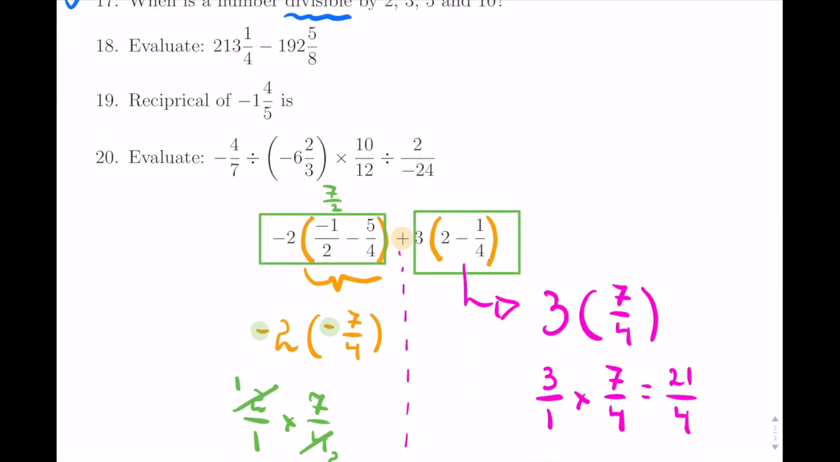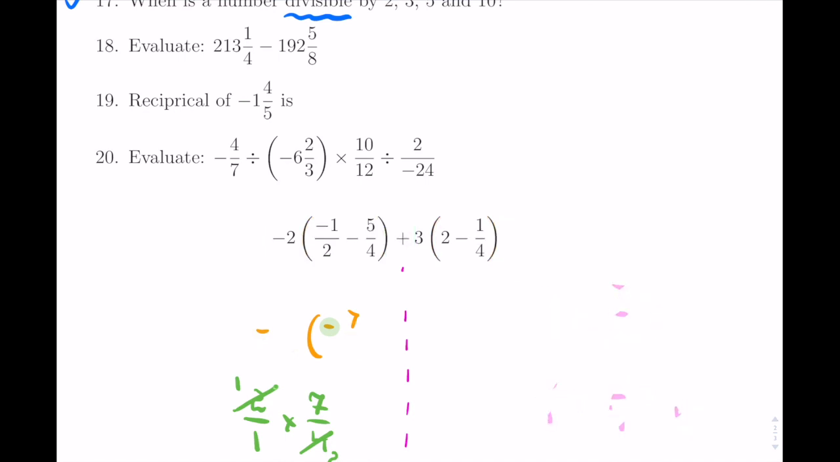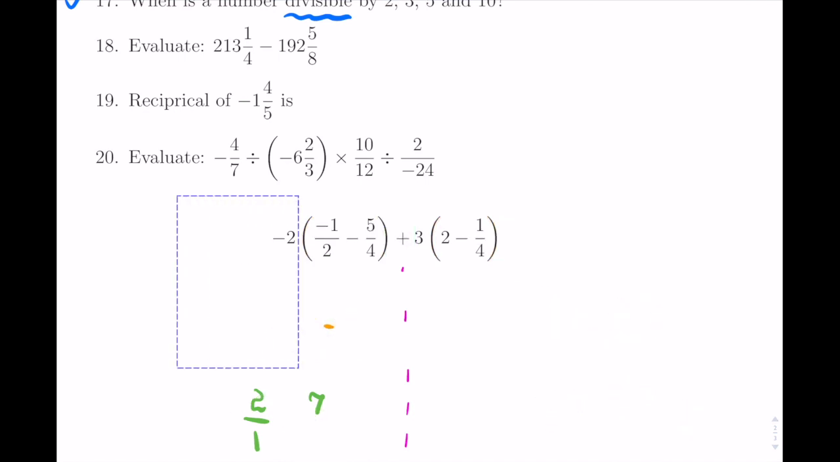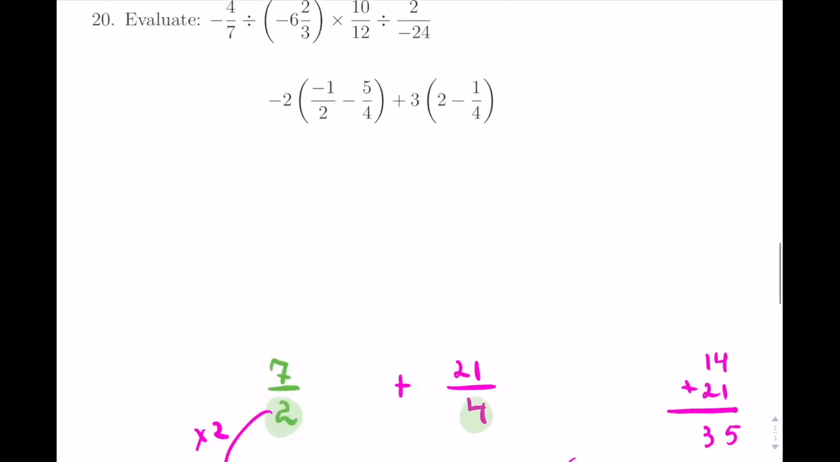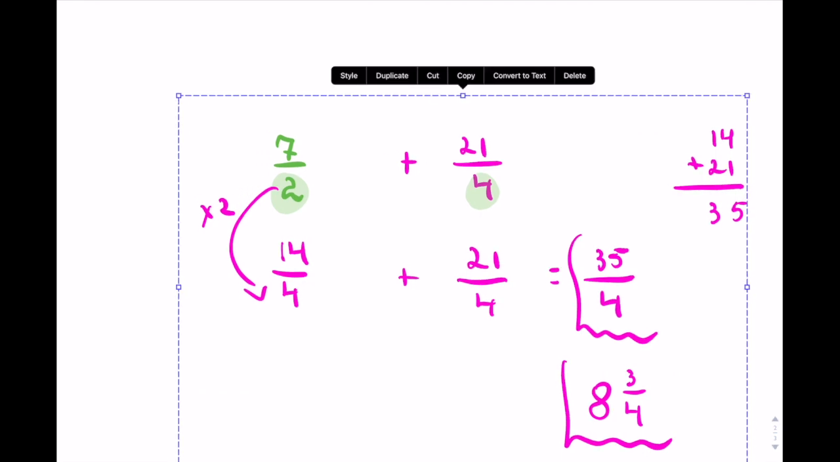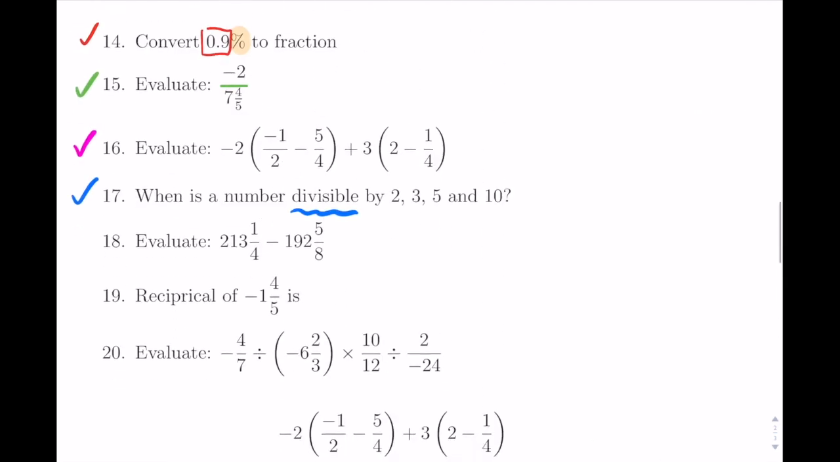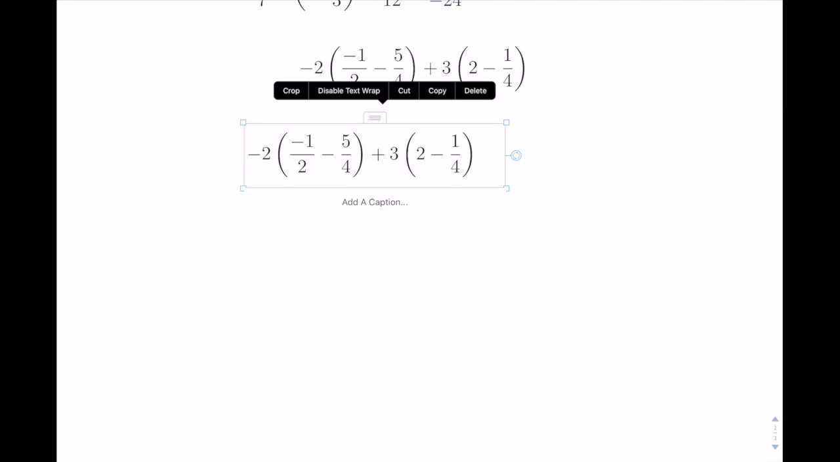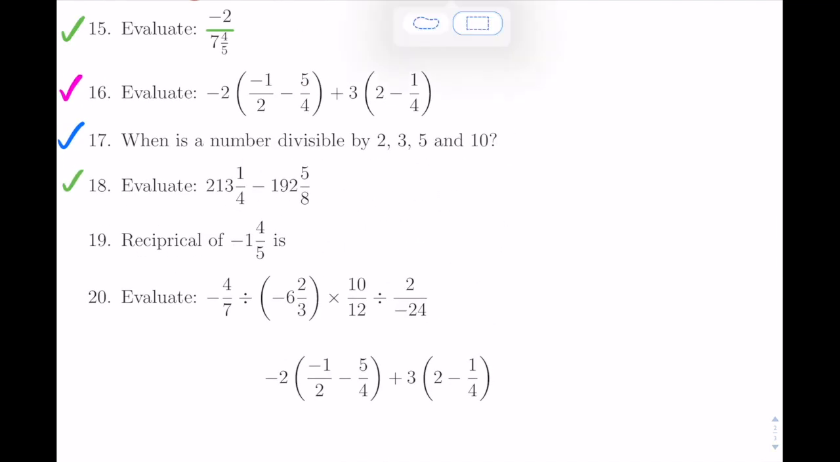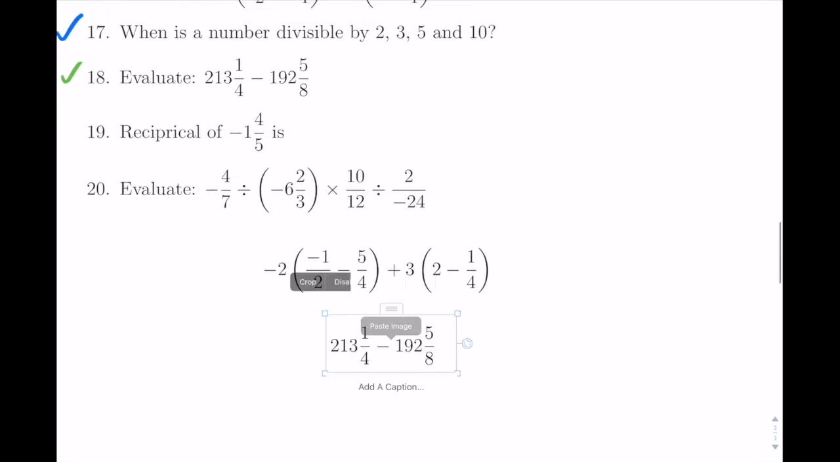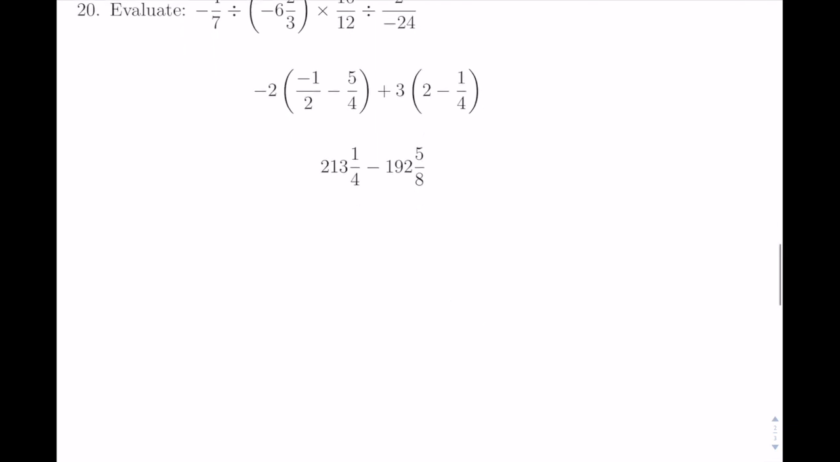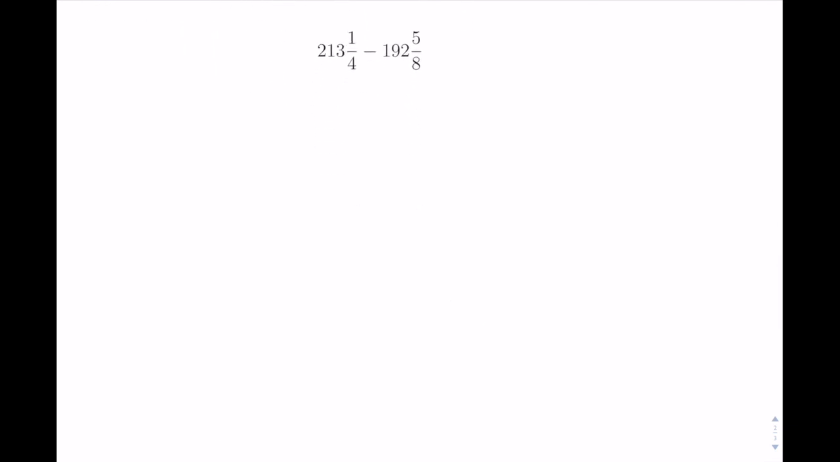Let's delete these. We have a little bit of space at the bottom. Let's come back to our question 18. Let me copy this down. Bring it down here. So now we have a subtraction between